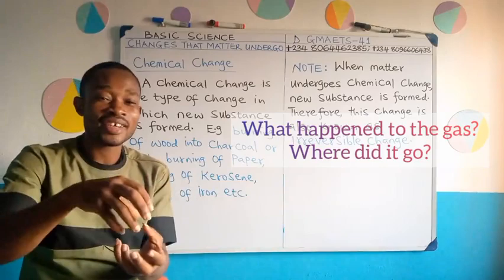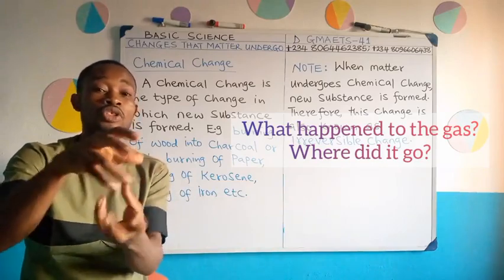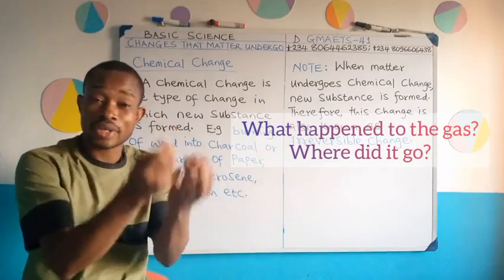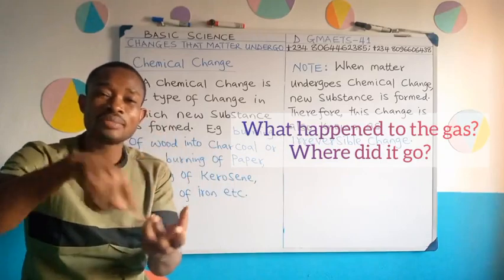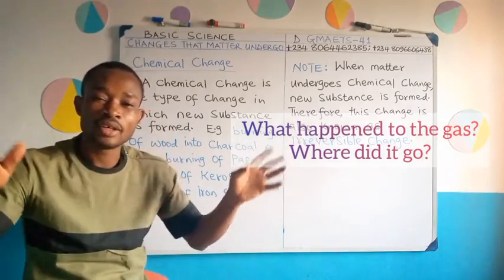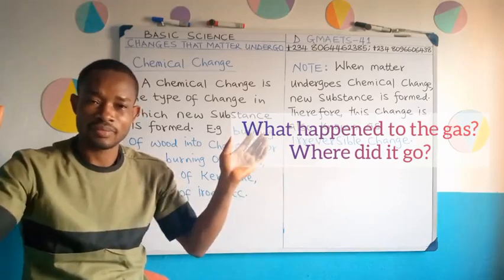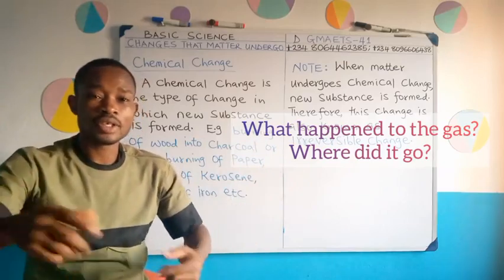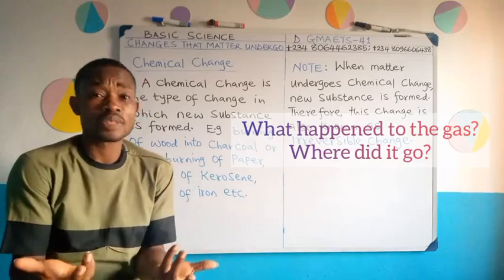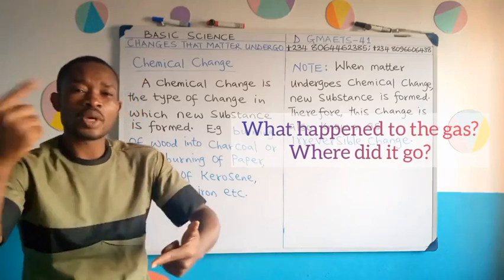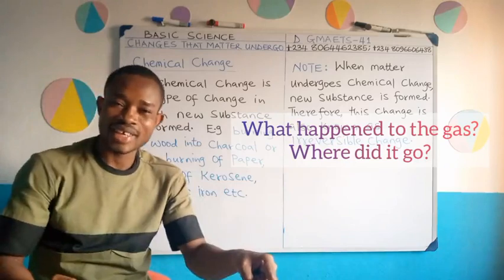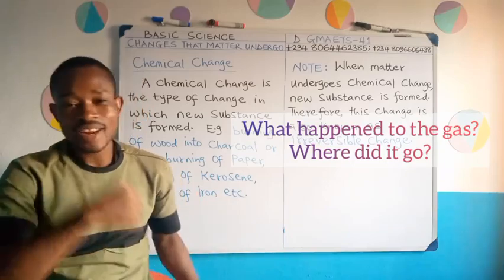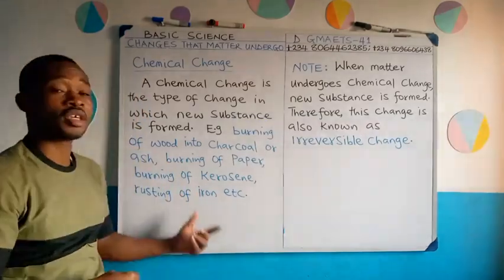So the fire is actually being produced by that gas. The gas is what is burning and bringing out the fire. With time, that gas will burn off completely, and so you have to go and fill it again. When that gas is burning, there is no way you can keep it. You cannot change what it burns to back to the gas it was before. I hope you're following.